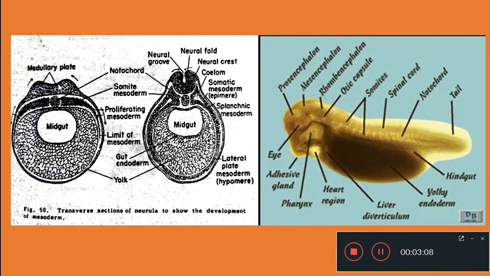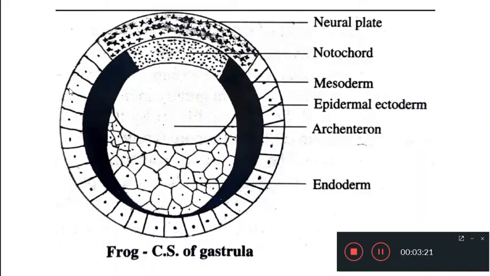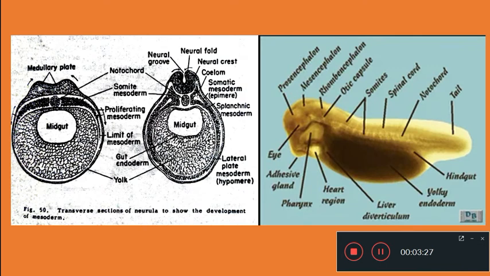So here, this is a cross section of the embryo in this stage. Here you can see the neurulation process is initiating. This region is the neurectoderm, as we saw from the earlier diagram. So this is the neurectoderm, which will thicken to form the neural plate or the medullary plate, and this will form a tube. It will form a groove first, which is called the neural groove, by the formation of the neural folds, and they will form the neural tube. All these can be seen in the video explaining neurulation. So simultaneously at that time,